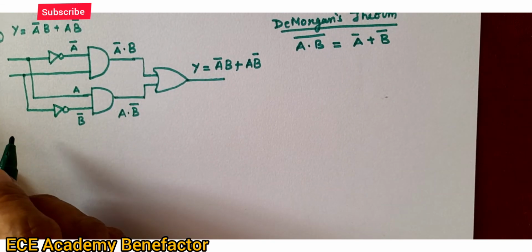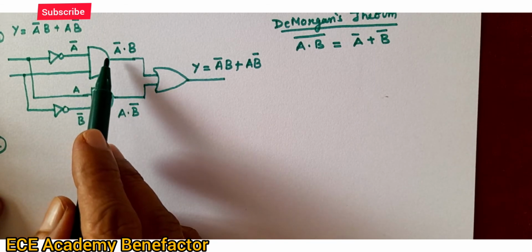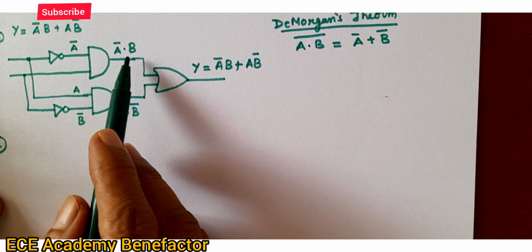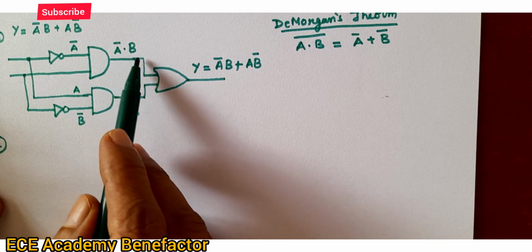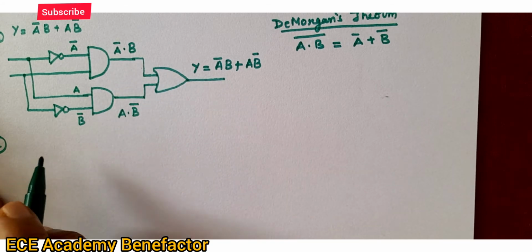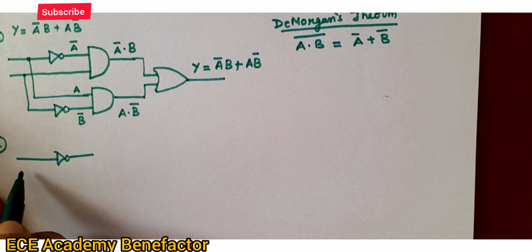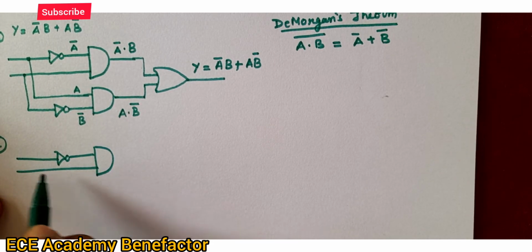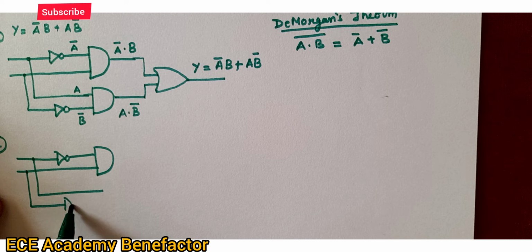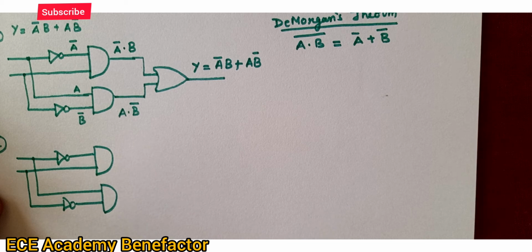So, in the second step, what will you do? Suppose if I put a NOT gate here, to nullify this NOT gate, what is a NOT gate doing? It is complementing. If I put a NOT gate here and a bubble here, so what will happen? There is no change in this path. Okay. So, let me draw the diagram. A bar, B, A, B bar. Okay. Up to here it is okay.